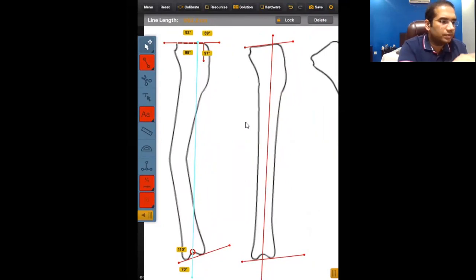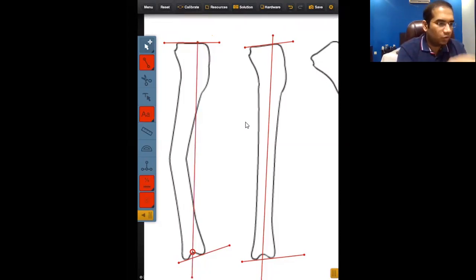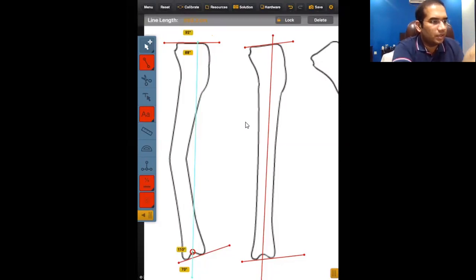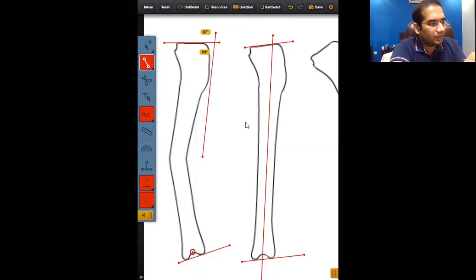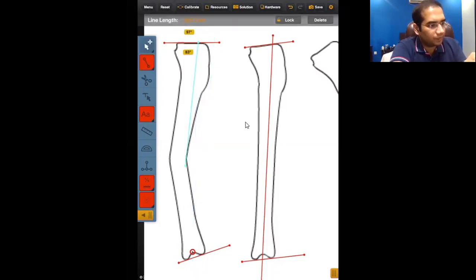You can all see here, let me just remove this line. Now we can see the posterior proximal tibial angle is again 88 degrees. Both the angles are disturbed, so it tells us that the deformity is somewhere in the middle. Because both the angles are disturbed, the basic rules are the same whether we are discussing the frontal plane or the sagittal plane. Now what will we do? We can do two things over here. One is simply to draw two reference lines at the standard angles.